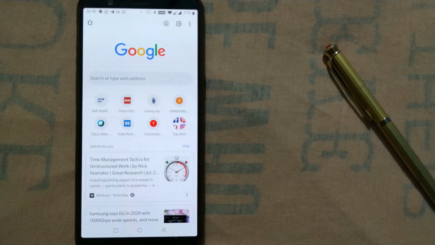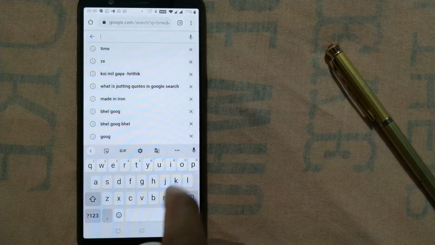I'll show you 7 techniques for how to search smartly in Google on your phone. I'm using an Android phone here. Mostly these days we are searching things on Google on our own phone instead of a desktop or laptop, so I'll be doing all of the searches on an Android phone. So let's begin.